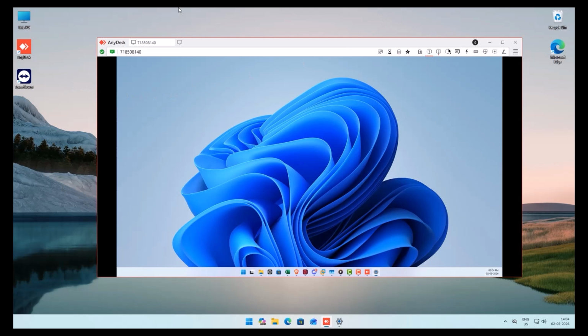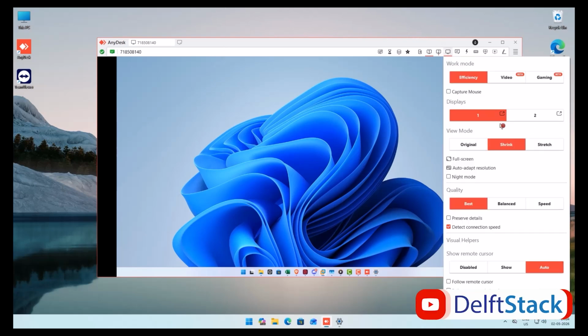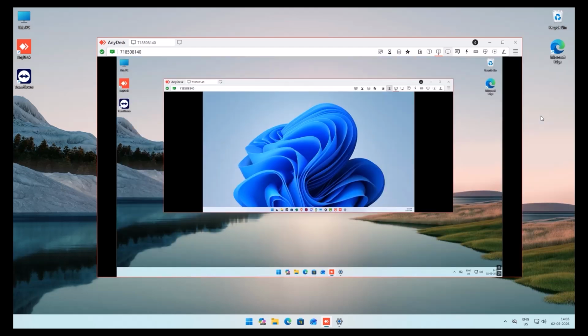Next, simply click on that monitor icon to open the Display drop-down menu. You will see a list of all the physical monitors currently active on the remote computer, typically labeled as Display 1, Display 2, and so on. Click on the specific monitor you want to see, and your AnyDesk window will immediately switch to show that screen's